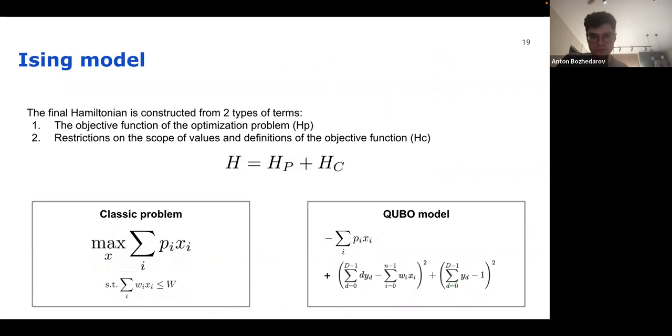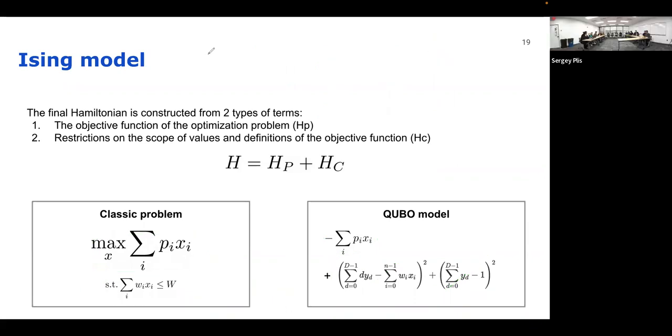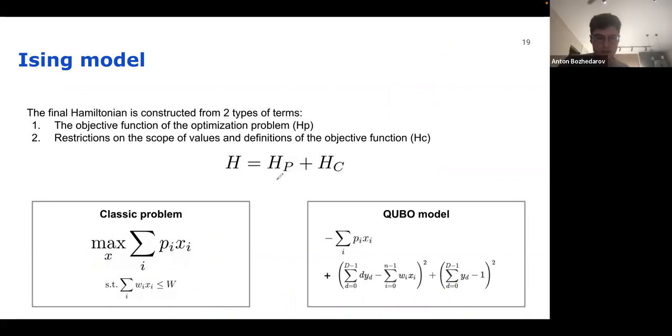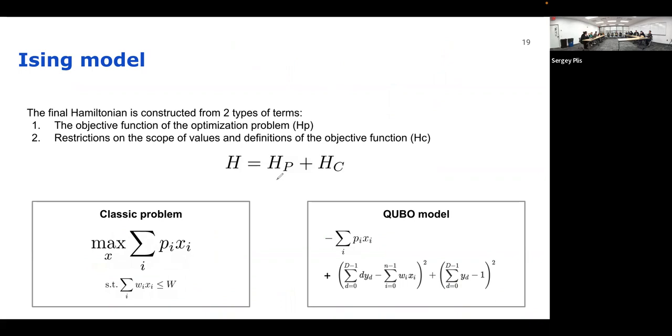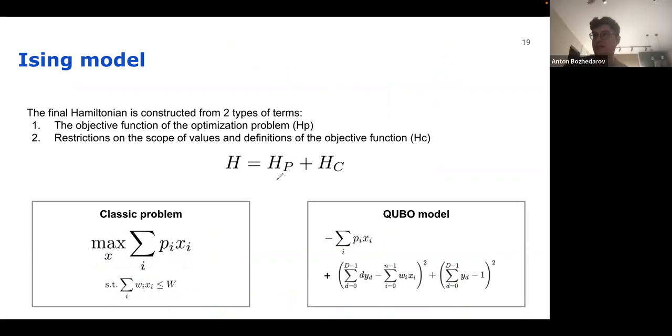I have a question. Is it true that when we find the optimal state of the spin of these particles, the energy field will collapse because we're observing them? Am I thinking about it wrong? No, it will not collapse. It will mean that we have found the minimum energy of the system.